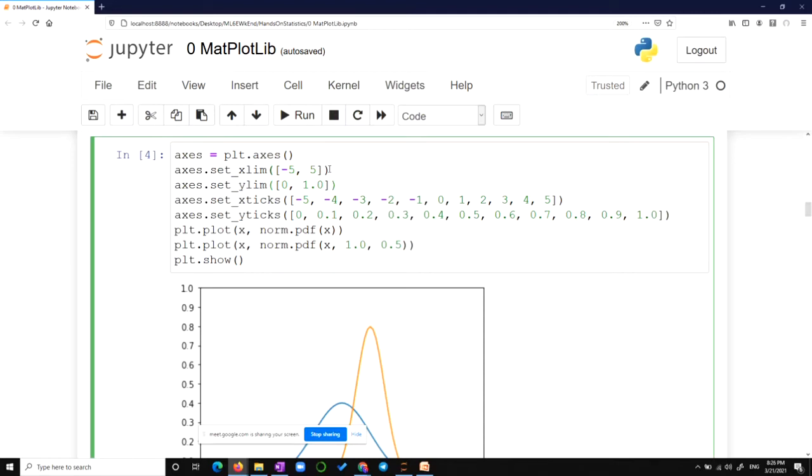Mind you, this is not your data. Hope you're understanding. This is the layout on which you will plot your data. But if you simply give random scales which have no connection with the range of your data, you will not see the right graph. So you should know in what range your data is. Then only you will be able to see the right graph. Hope it's making sense to you.